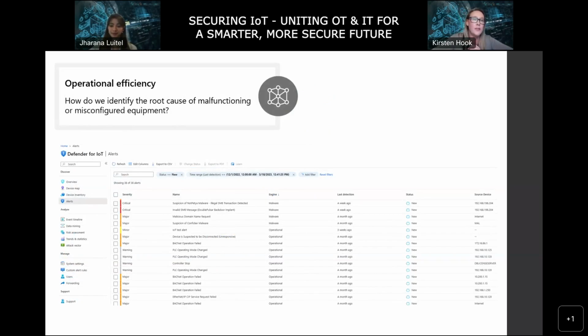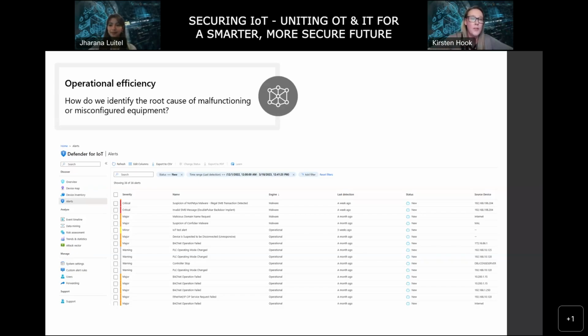And then operational efficiency. This is more great, I think, for folks in the OT environments, because it gives them a view into their devices on the network, and it's really vendor agnostic. It's looking at all the devices in the network. So it's going to see your Honeywell, it's going to see your Rockwell, it's going to see your Schneider. It doesn't care about the vendor, and it understands the protocol, so it's able to see when a